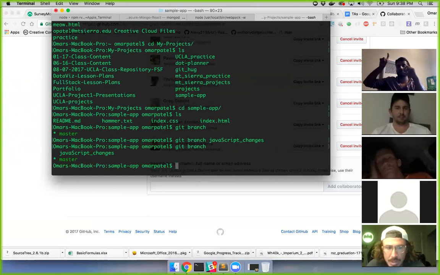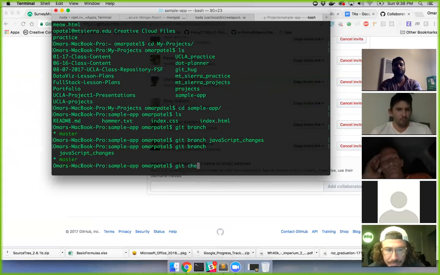So it's going to be an exact copy, but then you're going to merge it back into that master again. The end goal is to make changes, mess around with it on your testing branch, whatever it's called, and then merge that back into your master branch. So I'm going to do a command called git checkout, and this moves me from my current branch, which is